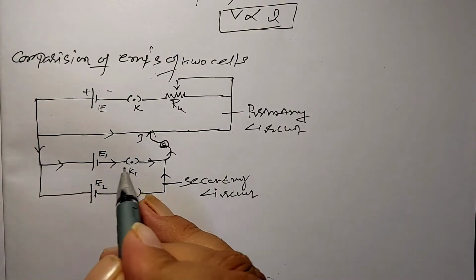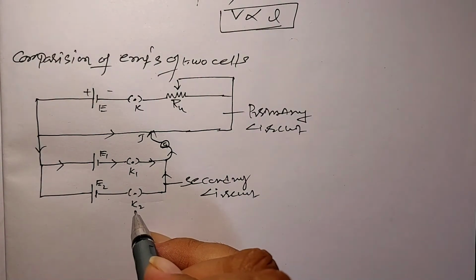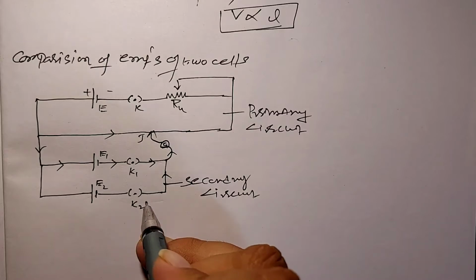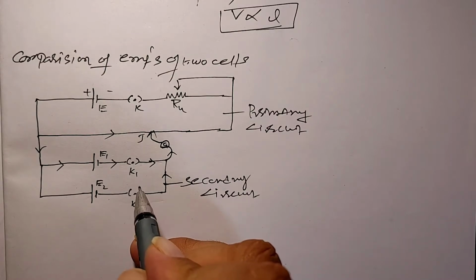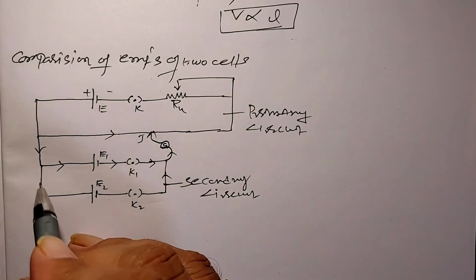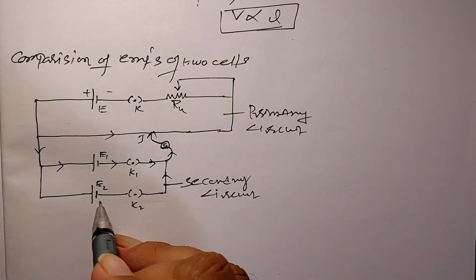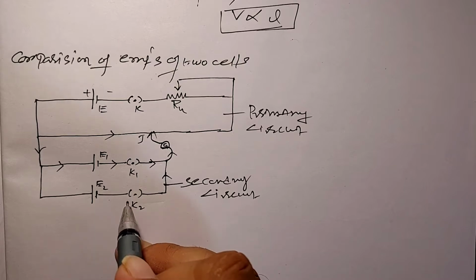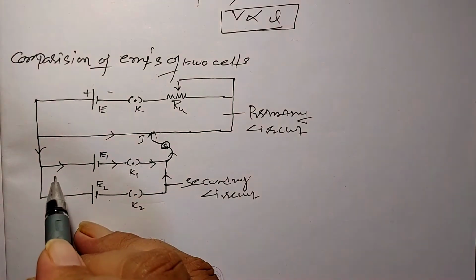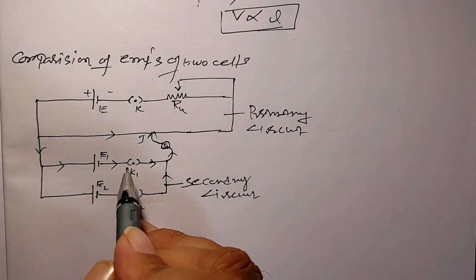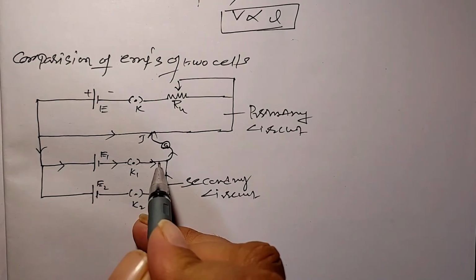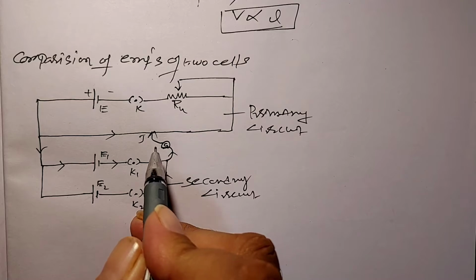The current is flowing along this direction. And open the key K2. Open means here switch off, close means switch on. There is no current passing through the second battery. Now the current is passing through the first cell along this direction, and this is a galvanometer, and this is called